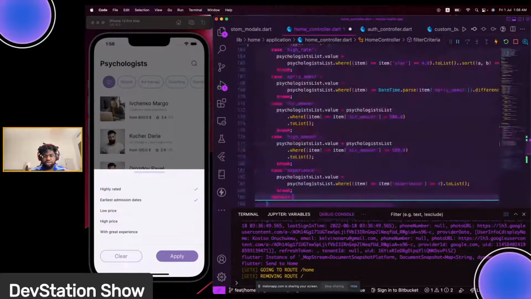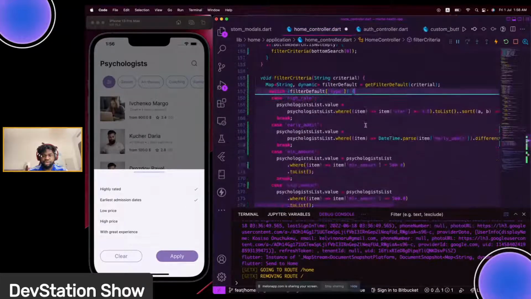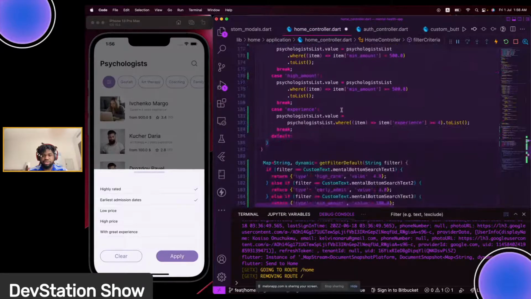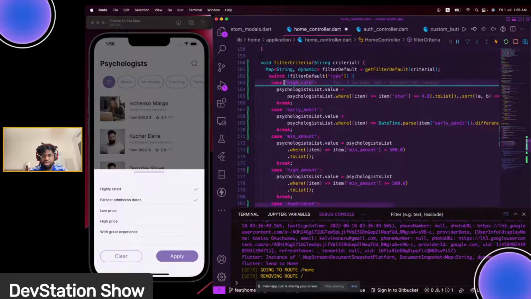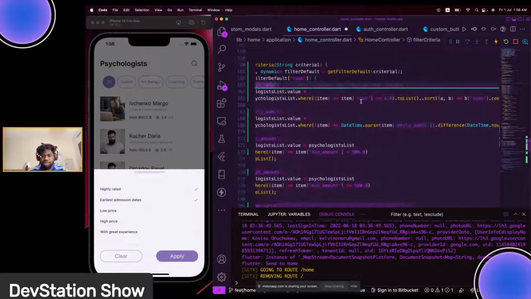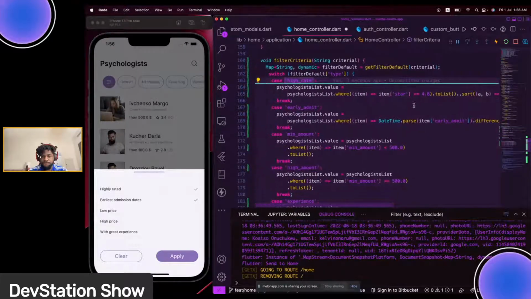And replace this with... so basically it's still the same. So code is filter default. So getting hold of the type, which is basically what we have here, type high rate, and if the type is matching high rate, then we can make a search on that, saying the value should be star, and instead of doing this item,